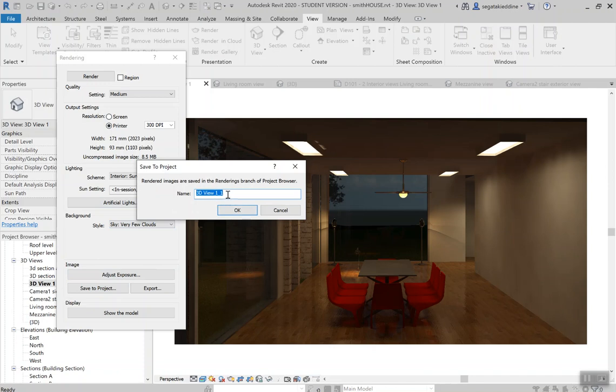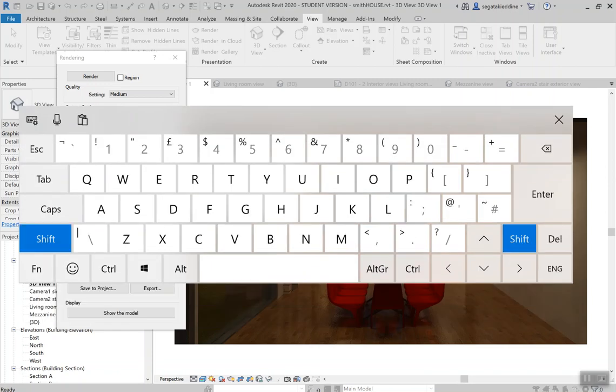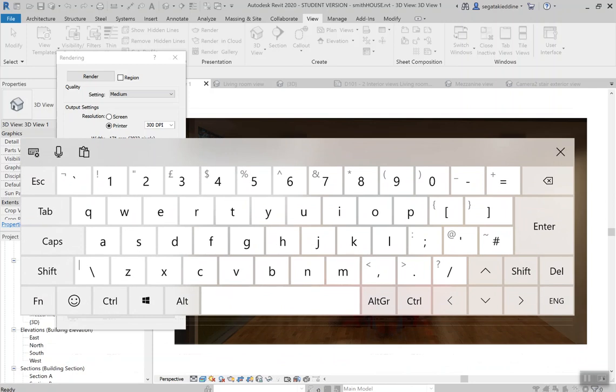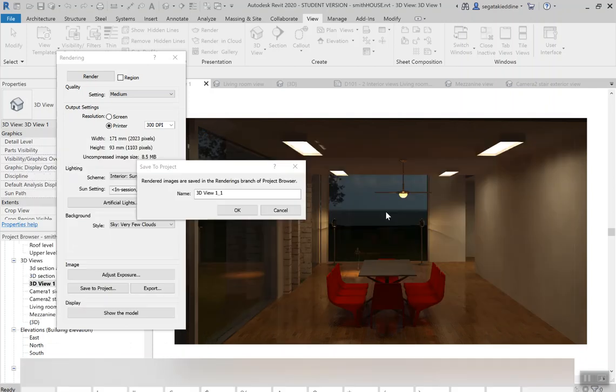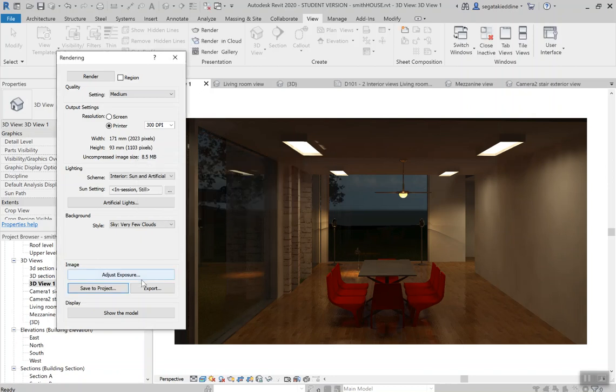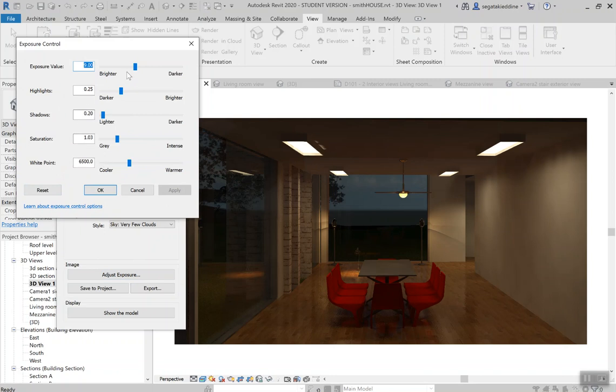We make a title. So basically we can write something like night scene, it depends on which view. So night rendering for the living room, let's say living room. You have to make sure it is correct or not, so you have to write the title here anyway. And after pressing OK, now basically we can adjust the brightness,